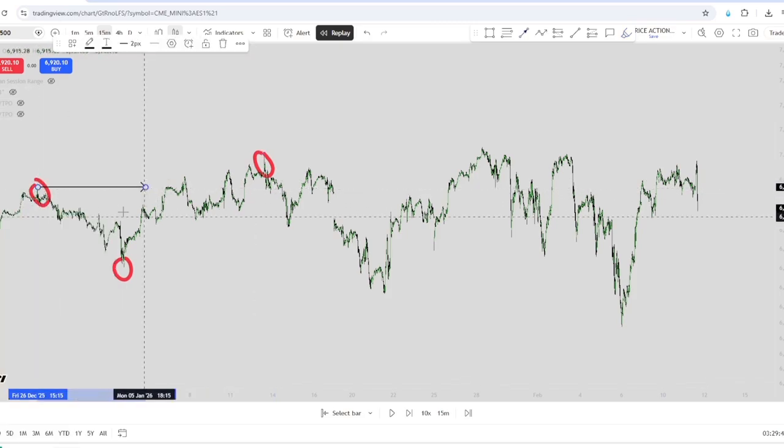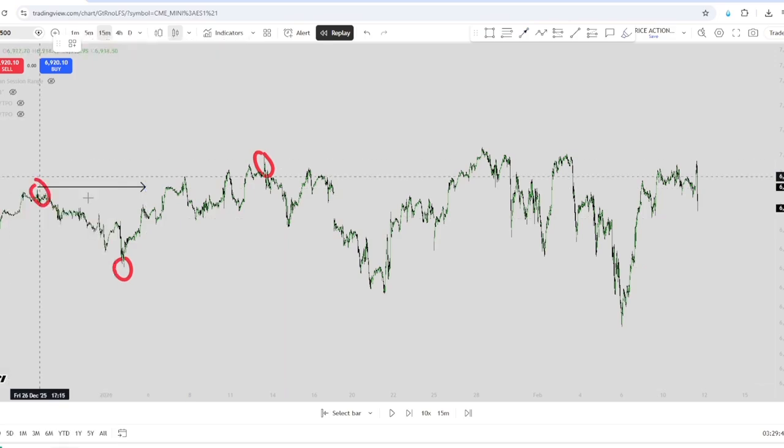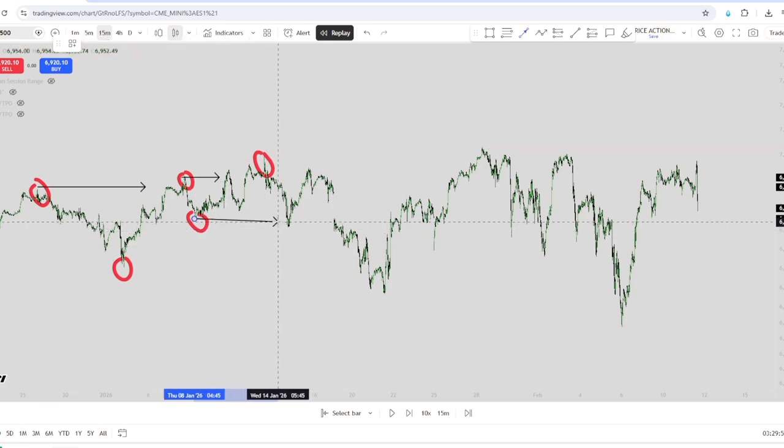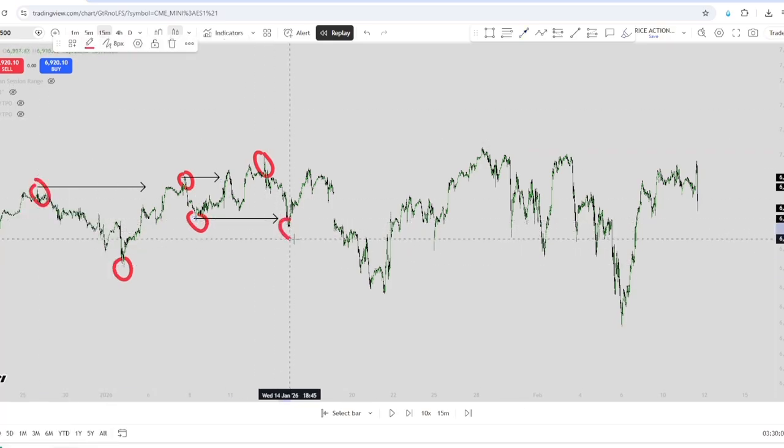So yes, we have a break over here. This is a structural high, right? So there's a structural high, I guess. There's a structural low. And then we have another break over here, right? So here is our break there, right? And now we have a break down here, right? There's our break. Okay, so just to speed things up a little bit, on the 15-minute time frame, I'm interested